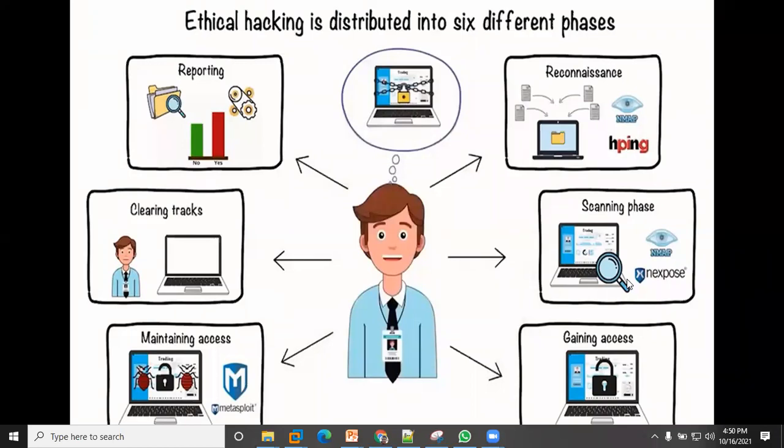Most of the time you have to go through all these six phases. So from gaining access, you move on to maintaining access. Maintaining access is that if you're able to successfully exploit a vulnerability, you want to create a backdoor, so to say, so that you can come back and exploit more vulnerabilities. You just don't want to gain access once and leave that system. So that's where attackers come up with the idea of creating a backdoor.